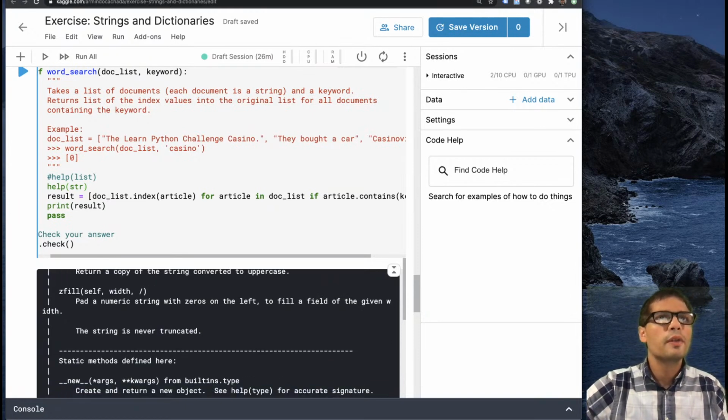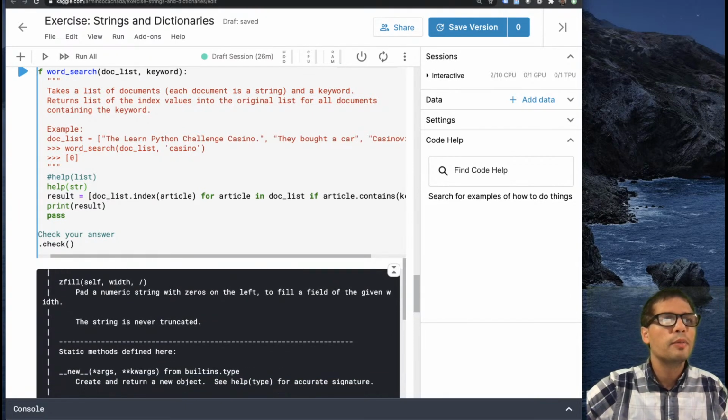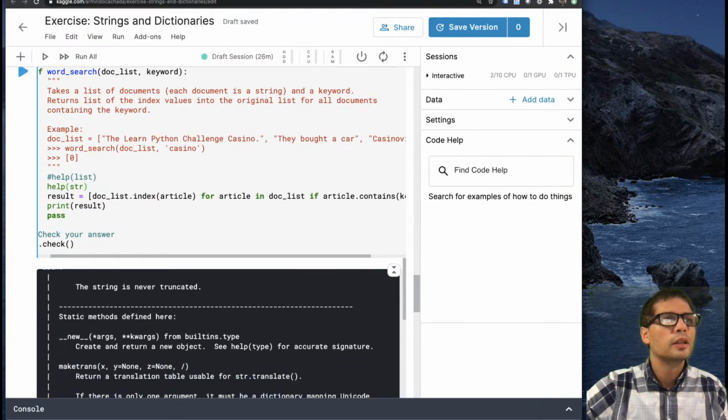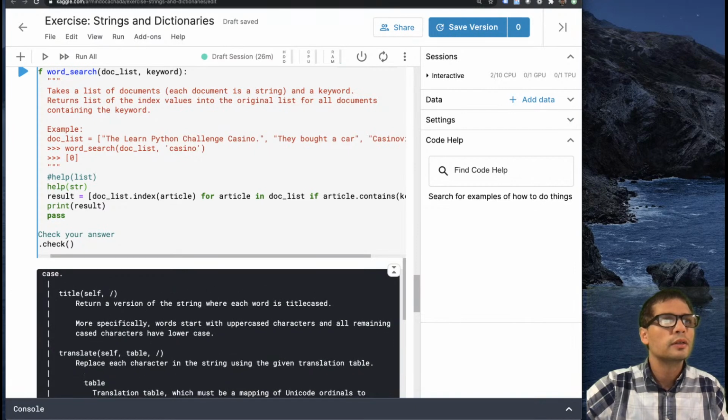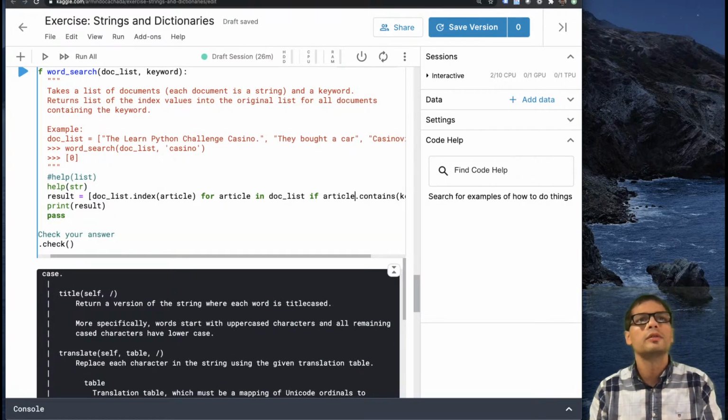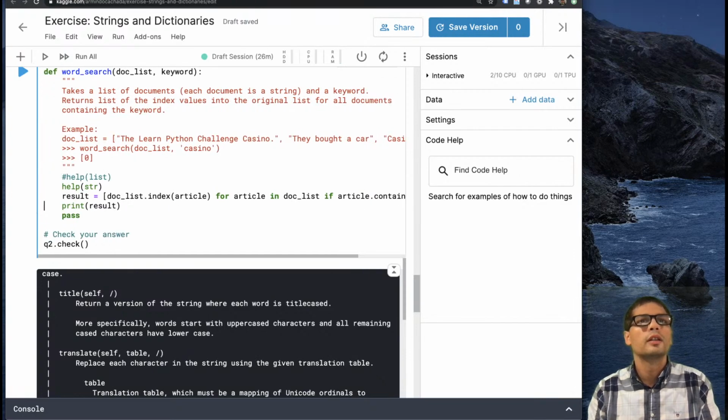So we need to convert everything to upper or lowercase. But where is the... Anyway, I don't even need to do a contains because what I want to do is,